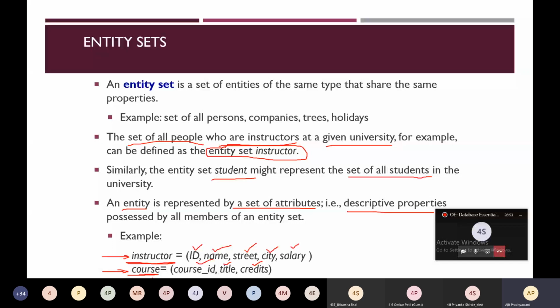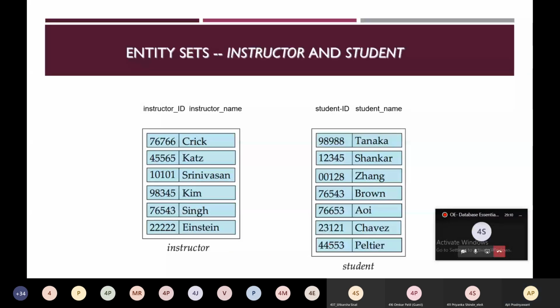So here is the example of entity set instructor and student. This is the first entity, whose instructor ID is 76766 and instructor name is Craig. This is our second entity. Instructor ID is 45565 and instructor name is Cat.